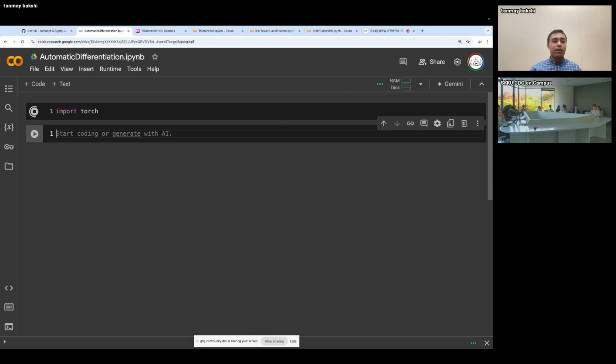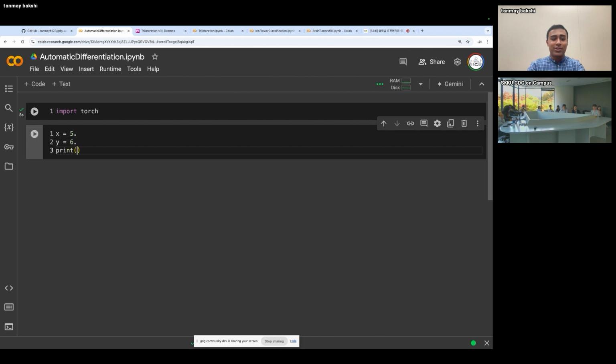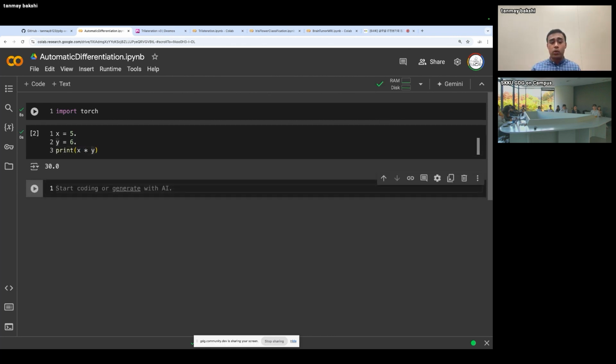As an example here, I'm going to go ahead and in Google Colab run import torch to import the PyTorch library. And before we use PyTorch, I'll do one quick baseline example. Of course, in Python, just like any other programming language, you can do arithmetic. So if I do this, then of course Python will give me the result of x times y, which is 30, because 5 times 6 is 30. But what PyTorch does is it implements the same kind of math that Python does, just it wraps that math in an object that it calls a tensor.